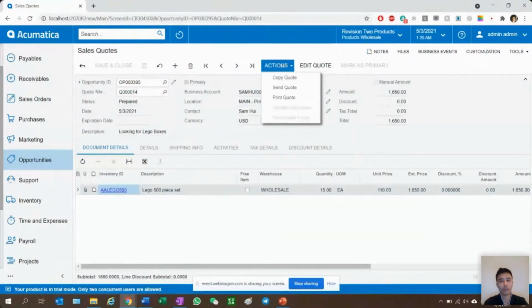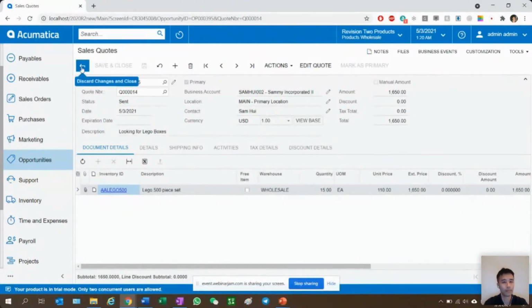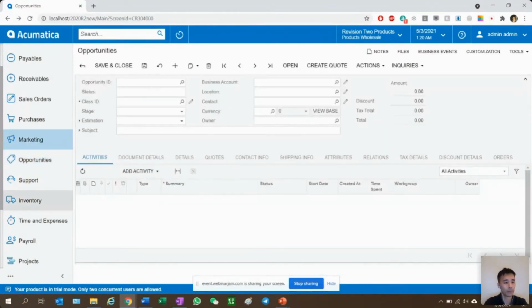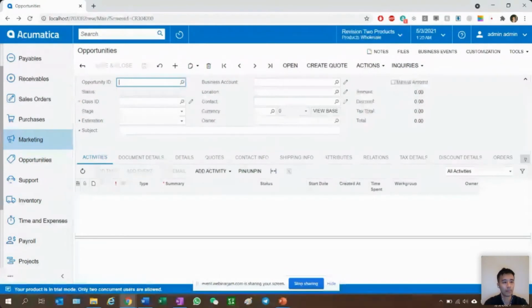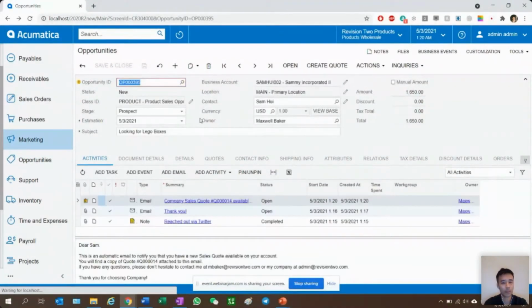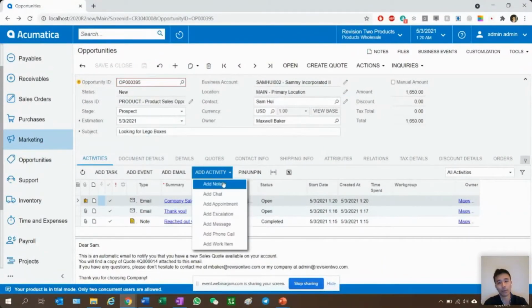And if you have your email set up, you can go send quote and then it will change the status again here as sent. Now I'm going back to my opportunity screen. Say Sammy has confirmed that the quote is okay and he'd like it to be official and become a sales order and be invoiced for it. So under activities, you can add a new note saying